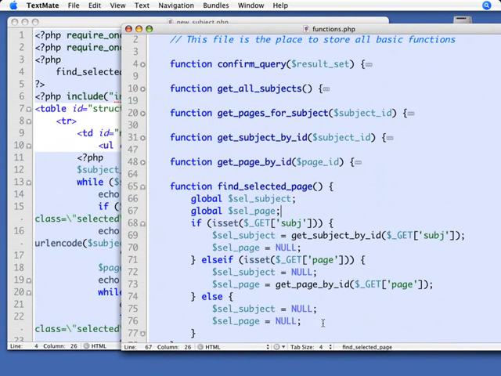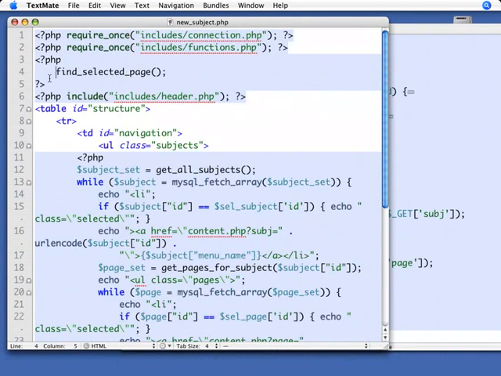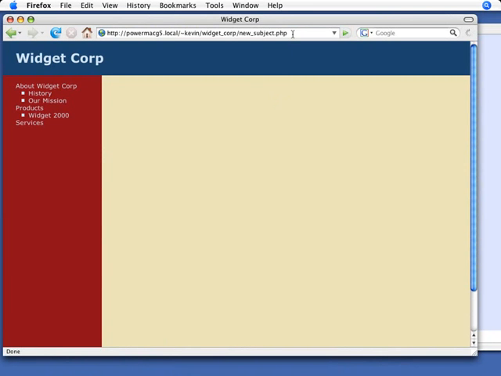Now, this isn't returning anything, and we want to be careful about that with functions. Functions don't have to return something, but we want to be aware when they're not. This is just going to set some variables that then we can use. So we don't have to catch it. We'll just simply try to set them and see whether it succeeds or not. So that's great. That should help us out. Let's try that and see if that works. New subject,